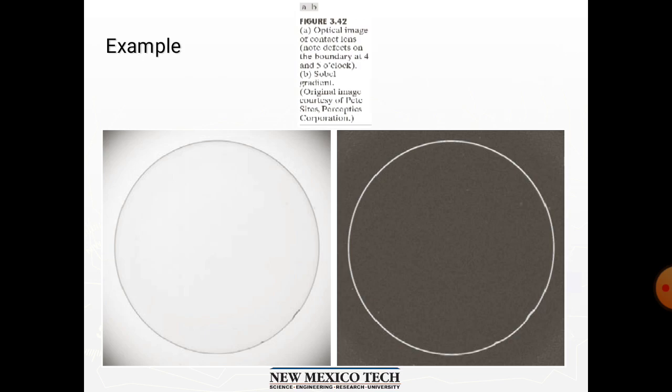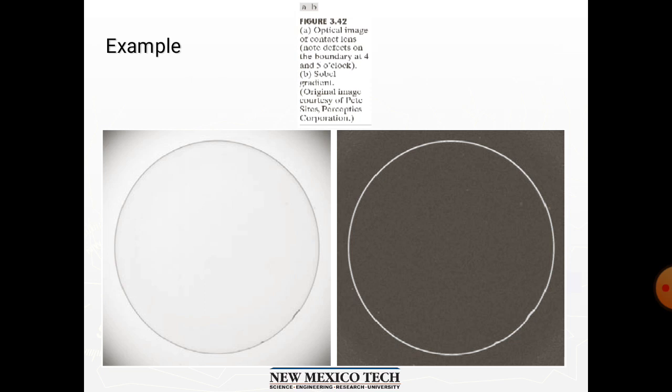The gradient is used frequently in industrial inspection, either to aid humans in the detection of defects or, what is more common, as a pre-processing step in automated inspection. It will be instructive at this point to consider a simple example to show how the gradient can be used to enhance defects and eliminate slowly changing background features. In this example, enhancement is used as a pre-processing step for automated inspection rather than for human analysis.